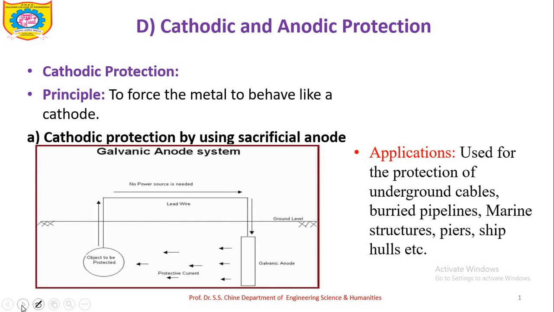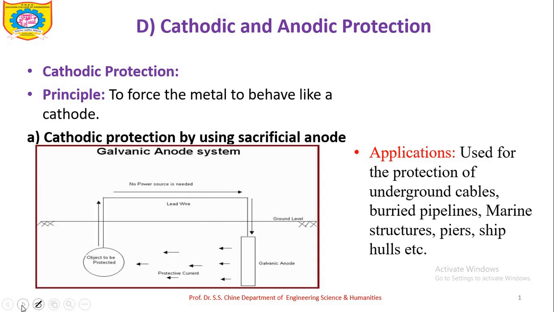Now in this cathodic and anodic protection we need to understand first which metal will act as anode and get corroded. As already discussed, the metal which is higher placed in the electrochemical series will act as an anode, it is more active and gets corroded. The metals placed at the bottom of the series, or lower in position, act as cathode, and these are noble metals and get protected.